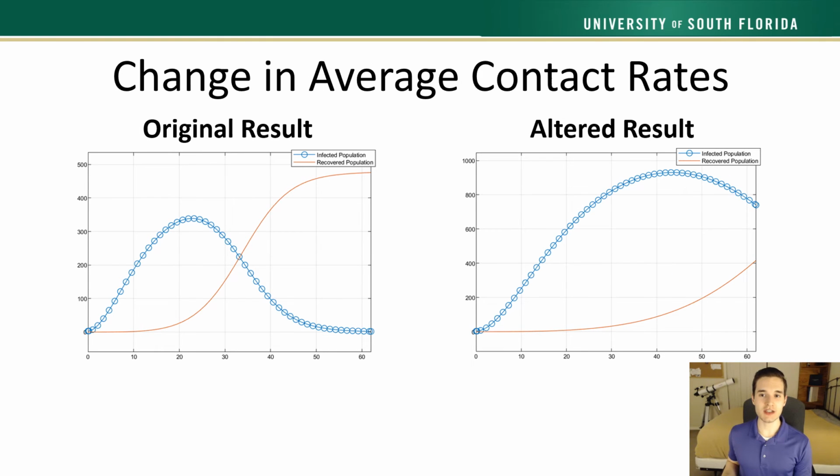For this change, the average contact rates were doubled. The result is that the infected population has a drastically larger maximum, which occurs much later in the time interval. The recovered population has a near zero value for a longer time span than the original and fails to reach the same maximum value. These results agree with the intention of the differential equations and real-world application, where the infected